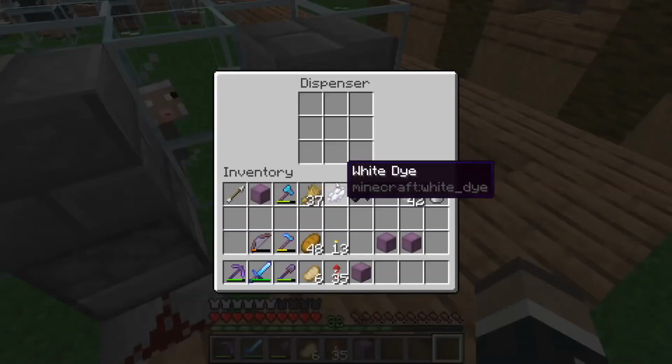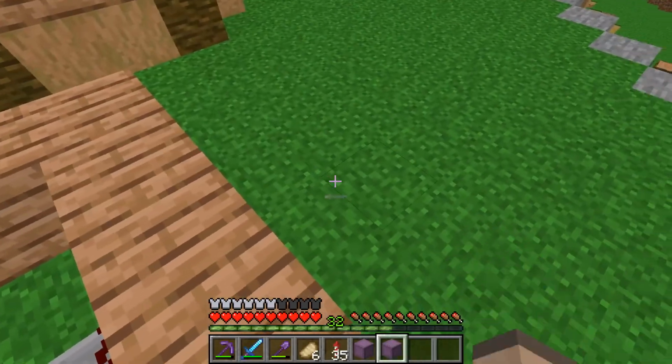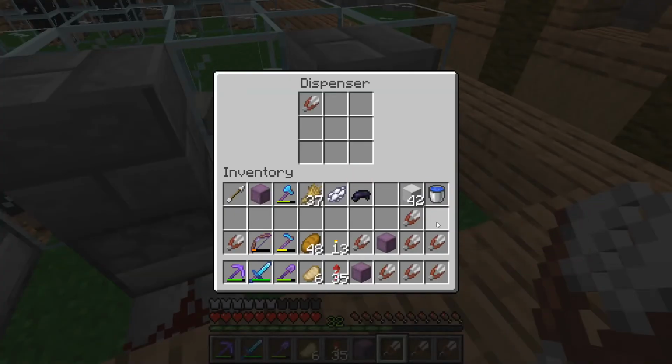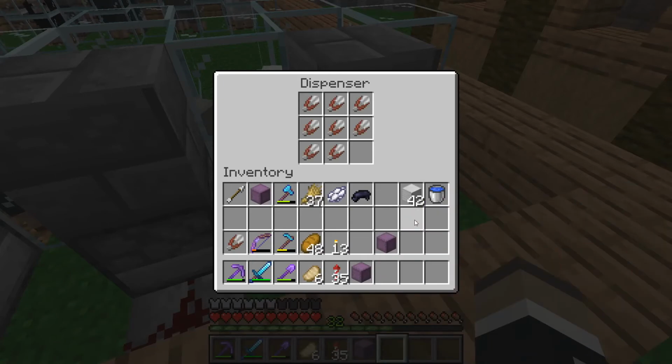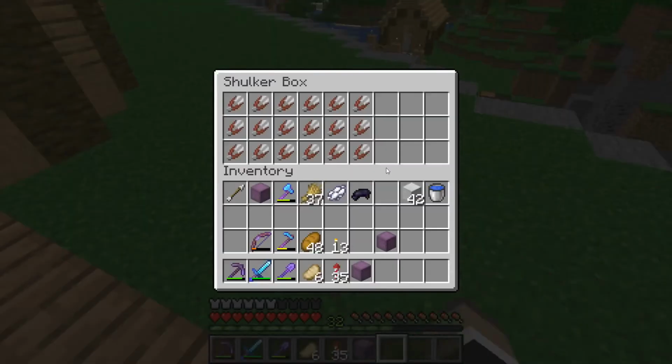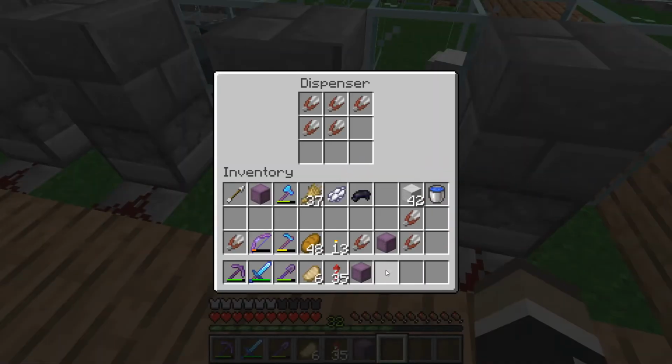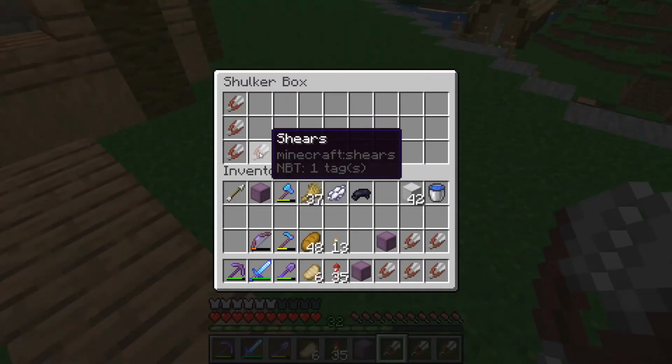And then all we have to do is just fill these up with shears. So do one of these and fill all these up. So I'm going to do that really fast. And we will be done with this farm. And then all we have to do is 1, figure out how to get our wheat in here. And 2, figure out...